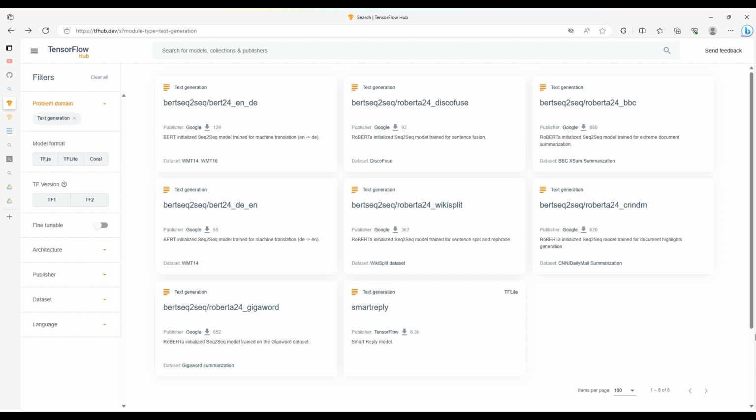And again, I'll have this link in the description. This is tfhub.dev, module type equals text generation. So these were a whole bunch of TensorFlow data sets. I always like to say data set that has been created and trained. And let's see, there was one cool one in here. All of these are cool actually, but the one right here, like Roberta, initialize sequence to sequence model train for split and rephrase. If I click on that,